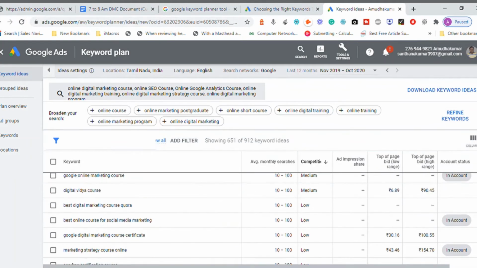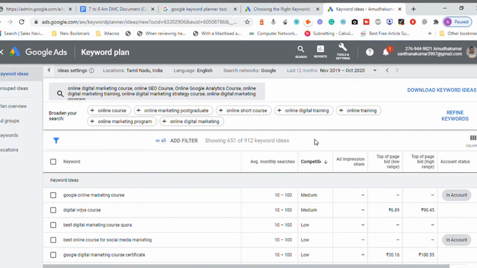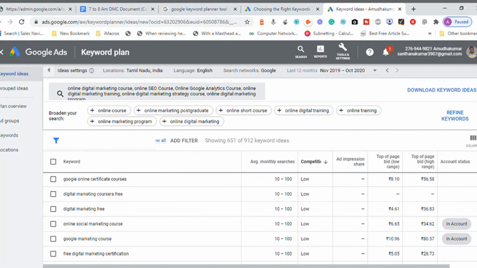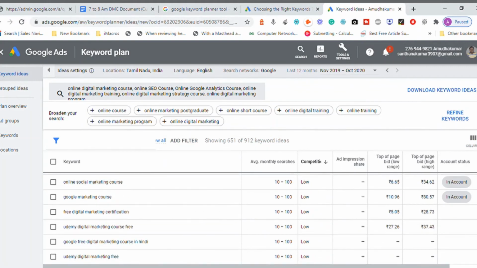At times, if it is not working for us properly, we can remove these filters and go and download keyword ideas. Once you click on download keyword ideas, you will get it in an Excel sheet and you can sort it out. So we can run advertisements by targeting low competition keywords so that you spend less money.